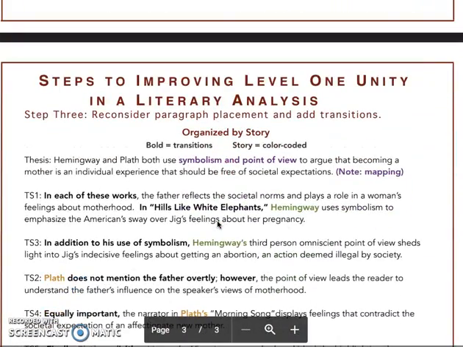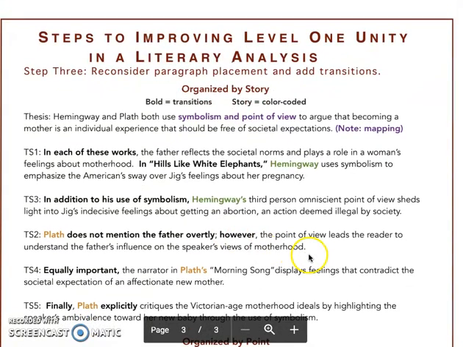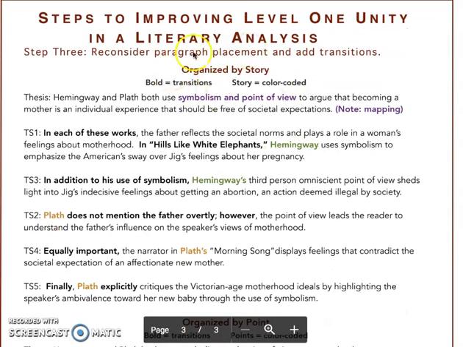The final part here is when we start thinking about, after we have our topic sentences nice and clean and clear, then we have to figure out our organizational structure. And this is probably really specific if you're doing some sort of comparative work. So if you're doing comparison, you have a couple of ways that you can organize in a literary analysis. You can organize by